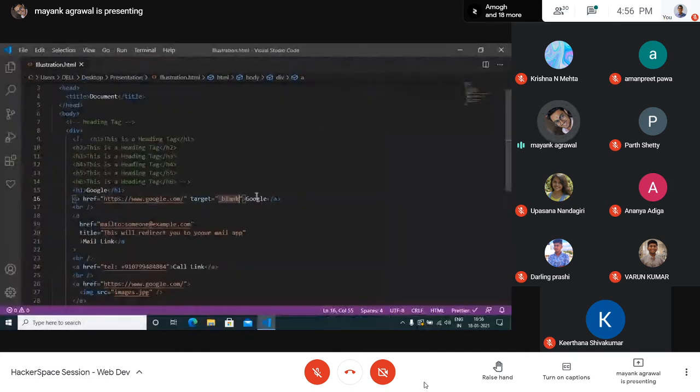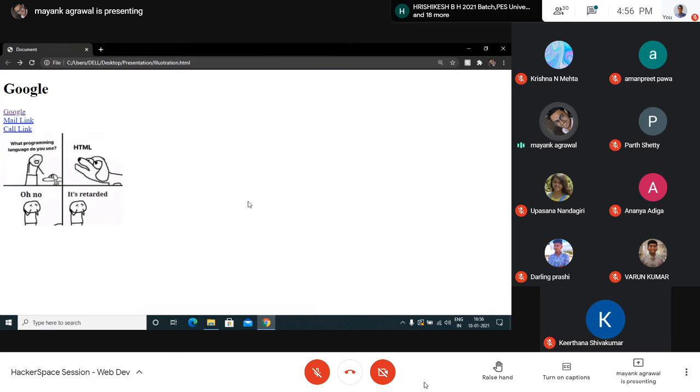So there are many more options to it, but these two are the most used values in the target attribute for a link. Otherwise, you can also have something like underscore top. You won't be able to see its effect right now because we don't really have anything on our site.